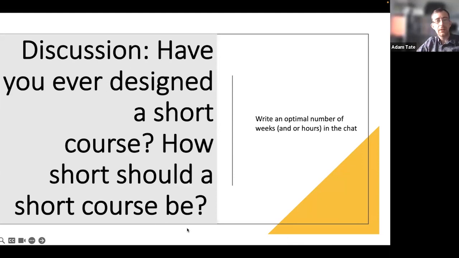Yeah. So again, there are different constructions of what a short course might be, what it might look like. And I think from some of the things in the chat as well, created between 15 minutes to 3 weeks. So again, that sense of there are different timescales, different time horizons. 5 weeks including assessments. Okay.